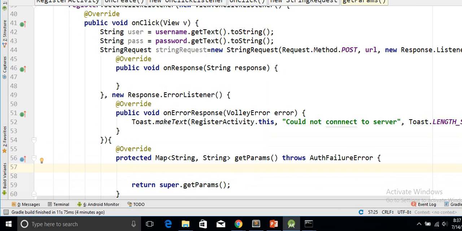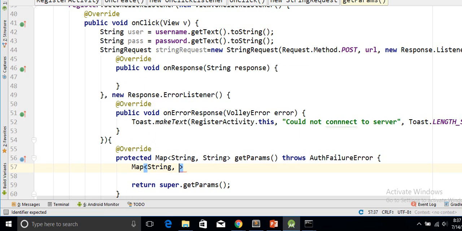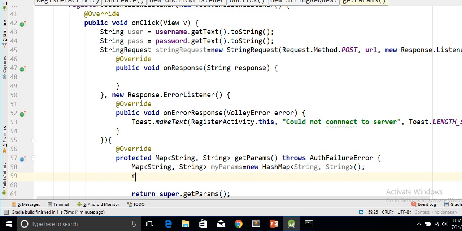So what we are going to do is we need to fill two fields in our form in the URL. So we're going to place those two contents in a map type variable where we assign a key and a value for a single data. So create a map type data here. The type is going to be string, my params equals new hash map. All right, now you need to insert data here, my params dot